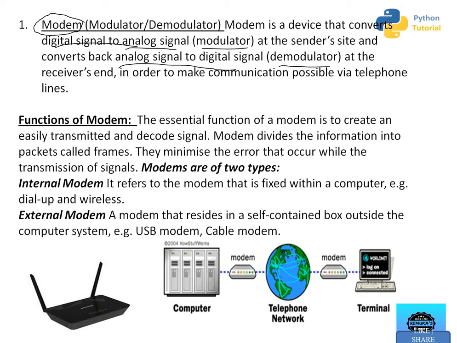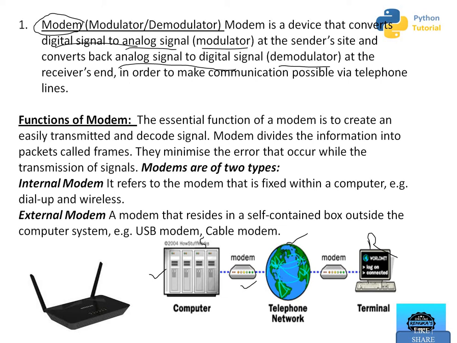So what is the need to convert these analog signals to digital and vice versa? We very well know that computers work with digital signals. Digital means 0 and 1, so either yes or no, these signals work. But the data which is transmitted from the sender to the receiver end goes through the computer network or telephone network, or we can say mobile network, and that network considers analog signals. Now how will this digital data be converted to analog signals so that it can be transmitted to other places? For that we need a modem.